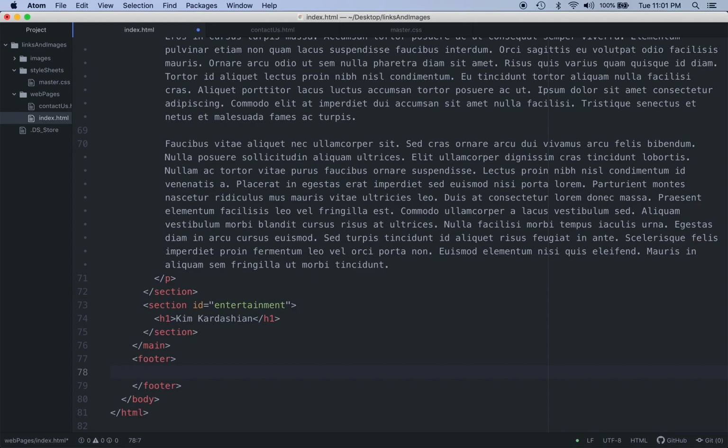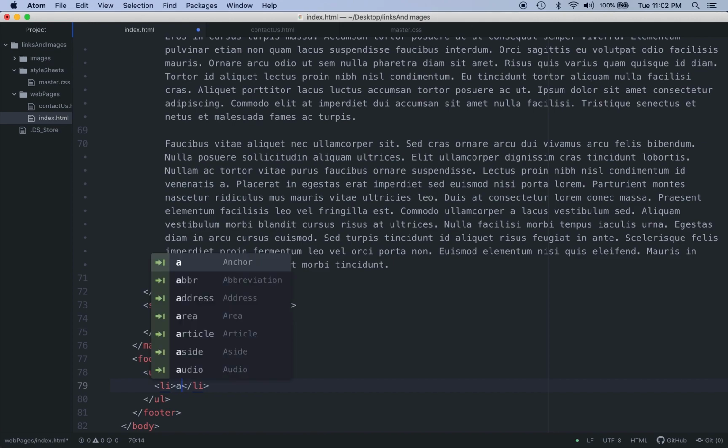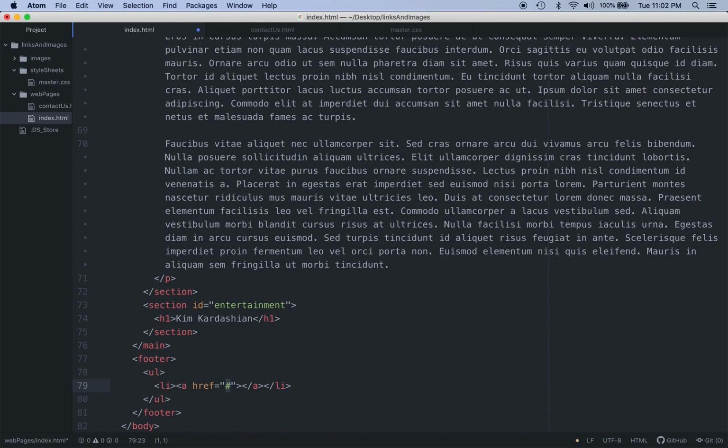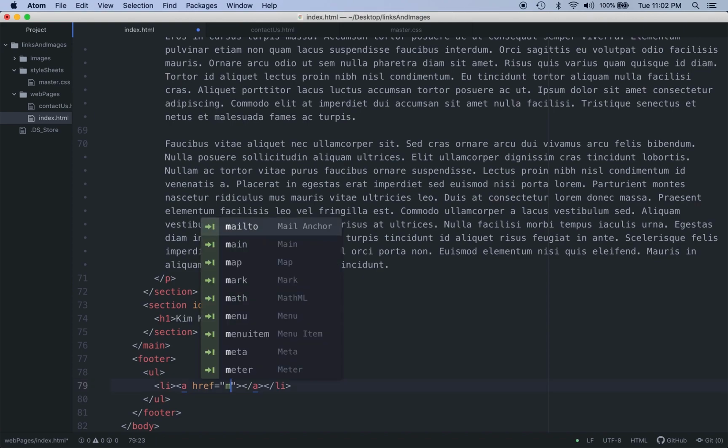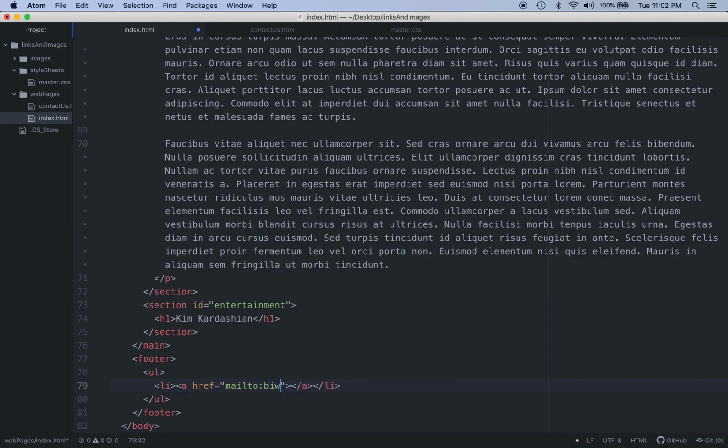There's specific types of hyperlinks that you could use. So with our footer, I like to think of these as special hyperlinks. I'm going to go ahead and have an unordered list, and then a list item. And the special types of hyperlinks are going to be for your email and for your phone number. So I'm going to have an anchor tag. My href is actually going to be mailto, and then my email address. And then the link text,